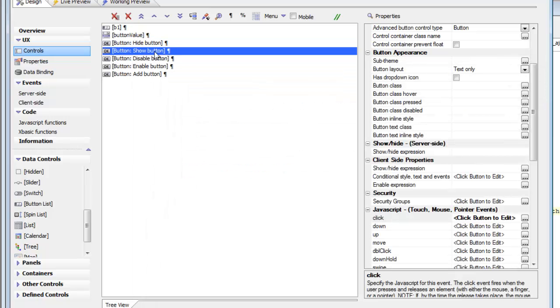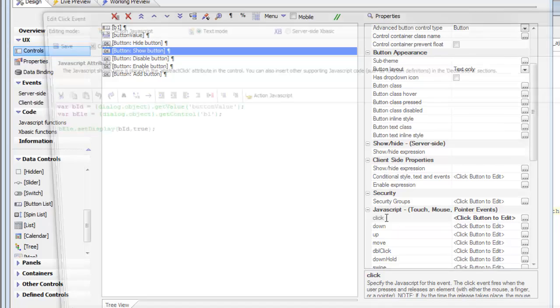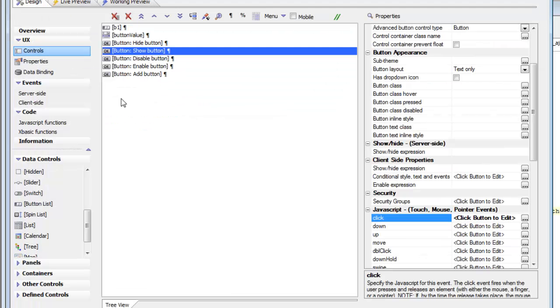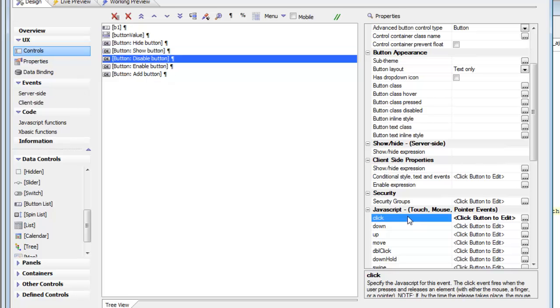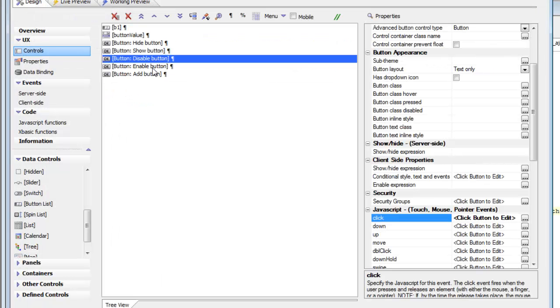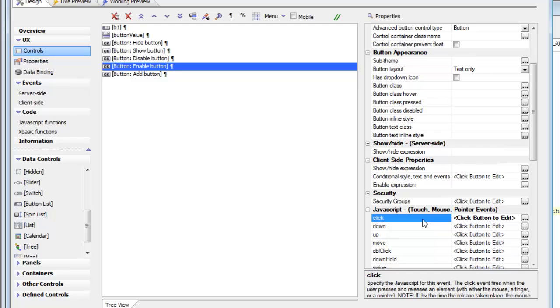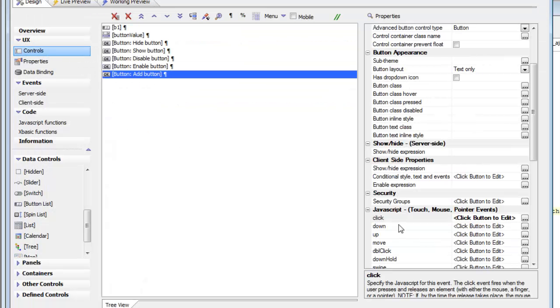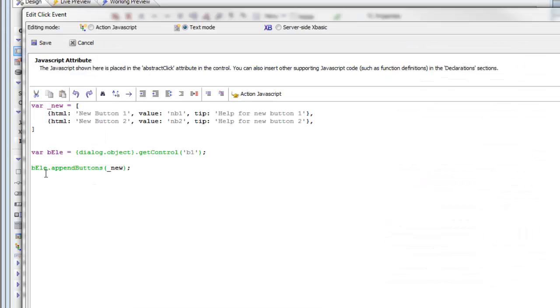The show is just the opposite. We just set display using the true parameter. The disable is similar, except instead of using set display we're using set disabled, with true to disable it and false to enable it. And for the add buttons, we're calling the append buttons method, again of the button list control,